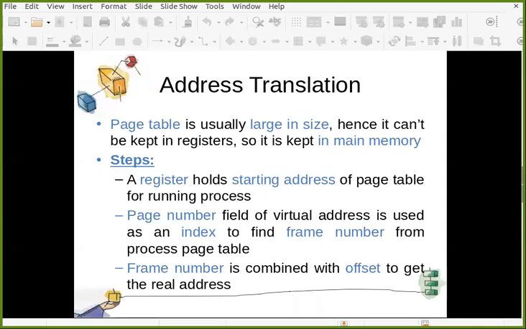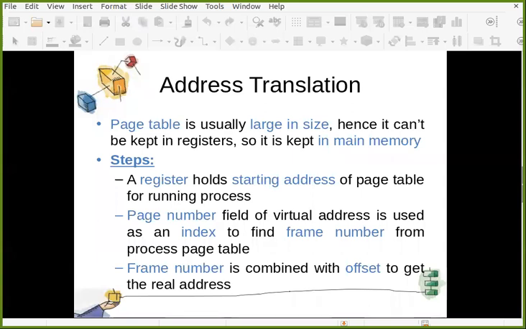When you are running this IDE, it is converted into a process. If you are using a paging scheme, the whole process will be divided into a number of pages. So the number of pages is very high, and every page requires one entry in the page table. That is why the page table size is normally very large. So you cannot keep these page table entries in registers, because registers are limited and have special purposes. So definitely we keep these page tables in main memory.